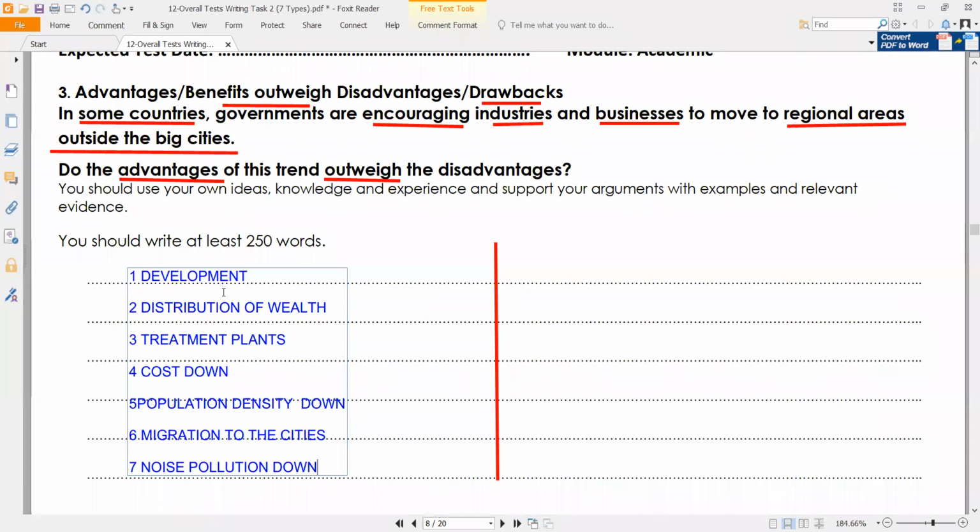So you see, on one hand, we are looking at the advantages for both cities and the rural areas. Now, on the other hand, we'll be looking for disadvantages. Because we already have like 7 advantages, that's more than enough. So if we look at the disadvantages now, we'll try to see what they are. Okay, here we are. So the first disadvantage is logistics. Yes, everyone's talked about it.